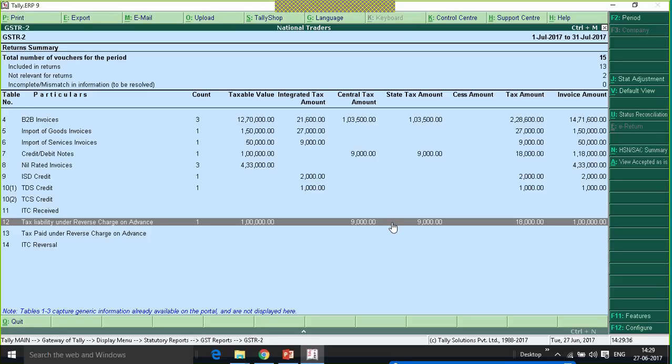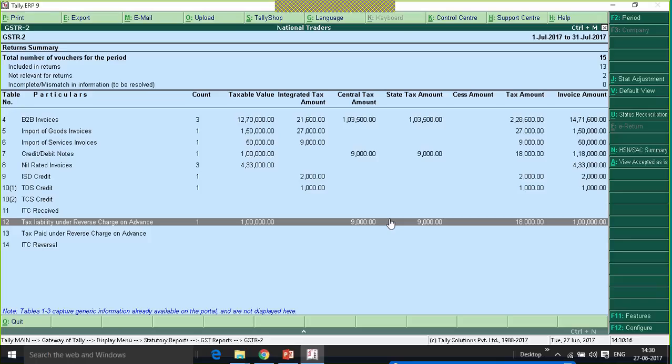It is not after the payment. If it is in the same month, it is after the purchase that I will be raising the liability and making the payment to the department. After making the payment to the department, I will avail the input tax credit. If I have made the advance payment in the month of July and am receiving the goods in the month of August, I have to raise the liability in the month of July and make the tax payment in the month of July. And later, after receiving the goods in the month of August, I have to avail the input tax credit.